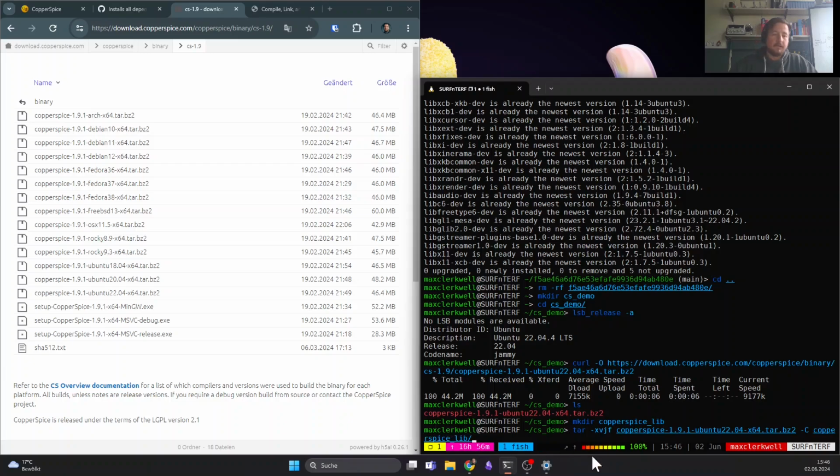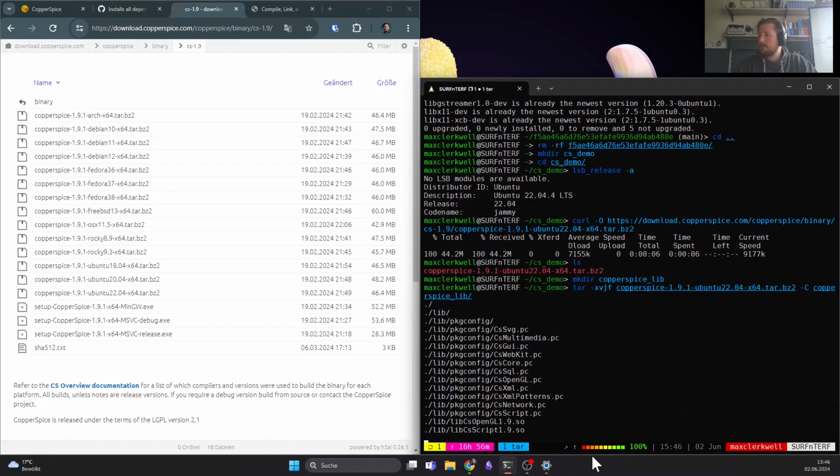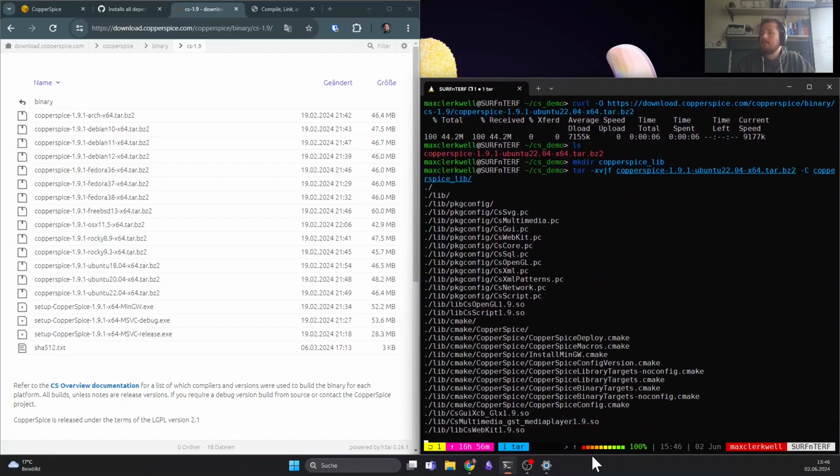That means extract it into this specific directory that I gave to tar. All right, so while this extracts everything, we can go and search for the Kitchensink